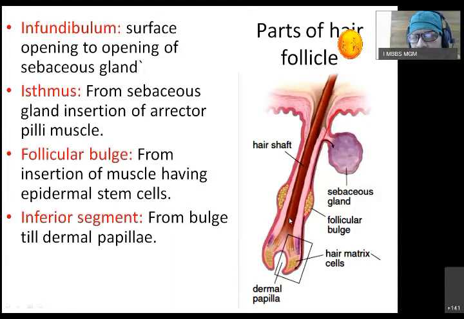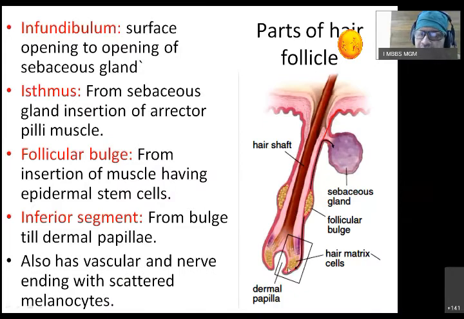Middle one, that is having soft keratin, then there will be hard keratin, and then all the stages of development of epidermis. So this is called inferior segment or bulge or dermal papilla, and there is a lot of growth here, so it requires an amount of blood supply. Again, remember this is epidermis, epithelial cells. That's why there is no blood vessel directly inside. It gets it via this bulb, the vasculature.